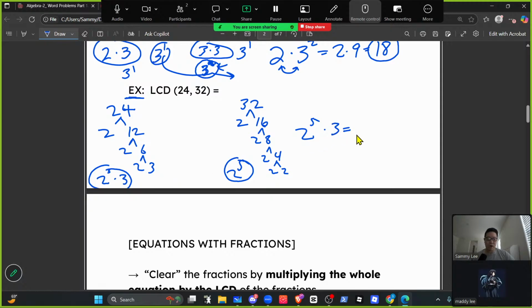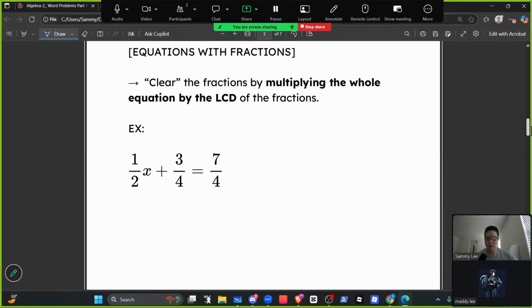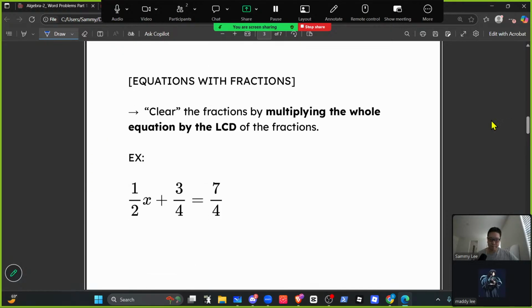And now we take the product. Well, 2 to the 5th power is what? It's 32. 32 times 3 is what? It's 3 times 30 plus 2, and that's going to be 90, plus 6, which is 96. Therefore, 96 is your least common multiple or denominator. Good job. All right. So now that we know how to